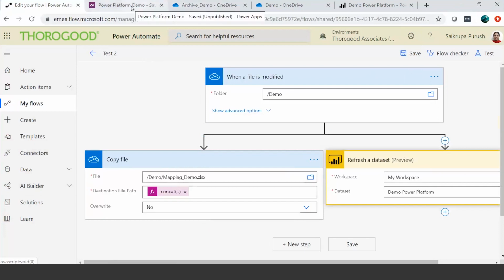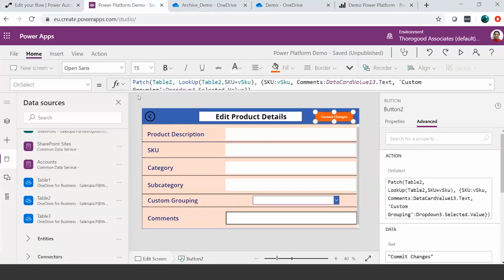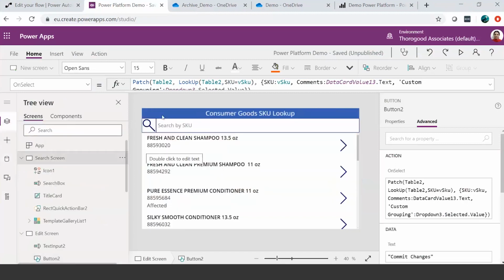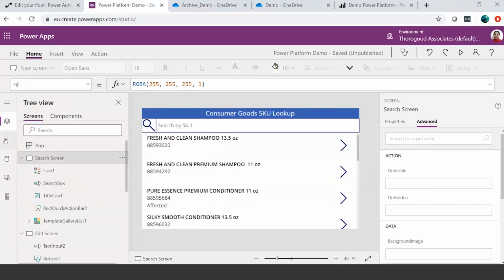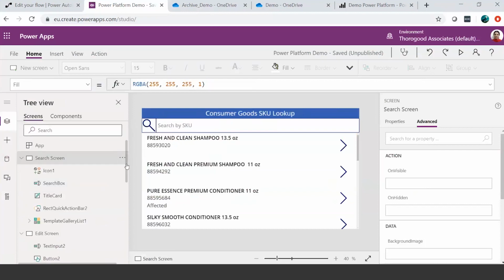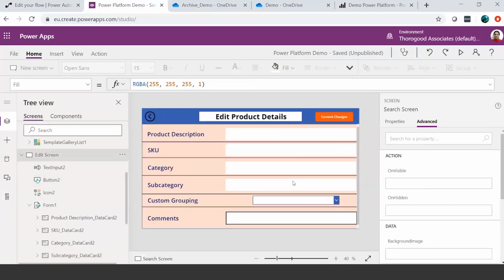On the other hand, I'll also show you the PowerApp itself. This is the PowerApp that we just saw within the Power BI visual. What you see here is the edit screen. I'll quickly show you the other screen. This is a screen that we've built. PowerApps offers you a quick web-based interface to build an application. You've got text boxes, labels, buttons, anything that you want, and you can quickly attach an action to each of these. For example, let me quickly show you the edit screen.